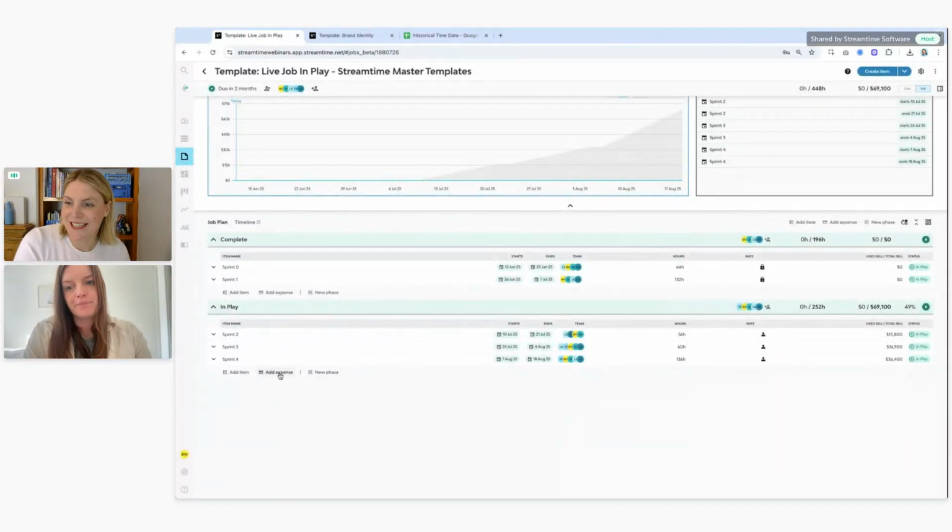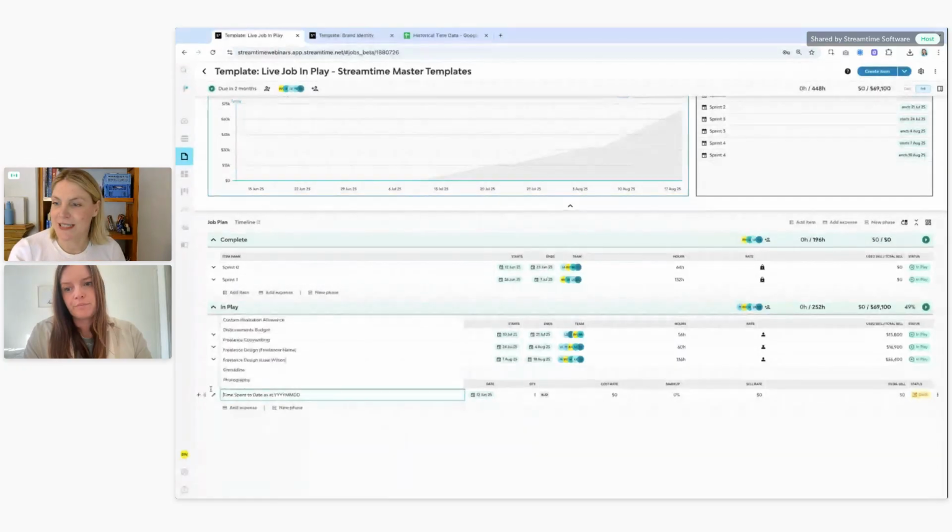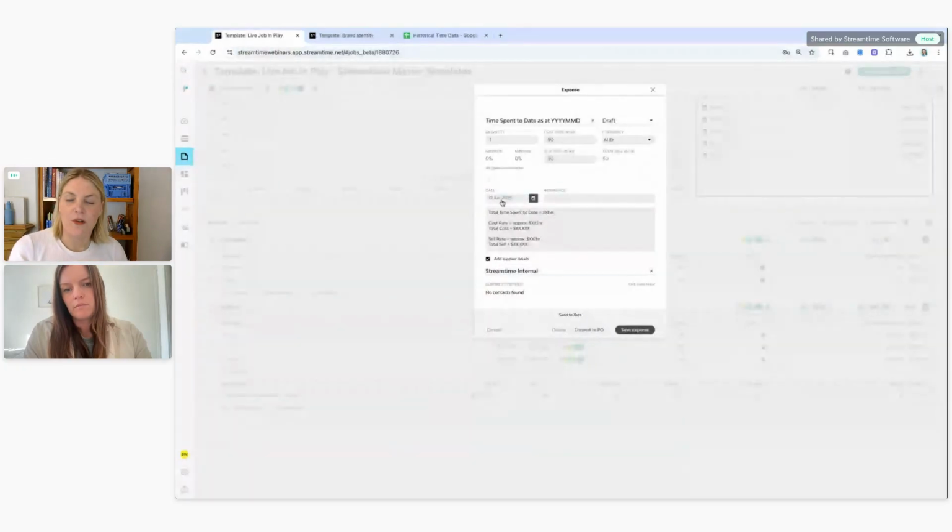You'll just add your expense right from the top there. But when we're typing and then selecting from the drop-down menu, we are making sure that we're pulling through the expense that we've just created in our master settings. So you can see that all of that detail that I just put up is already pulled through to this